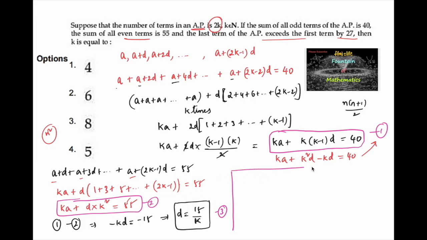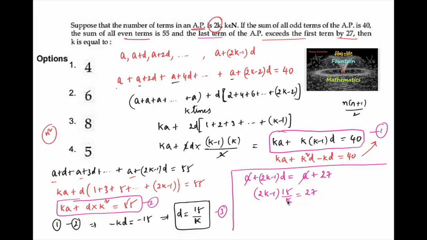Now also given, the last term of the AP exceeds the first term by 27. The last term of the AP, that is a 2k, that is a plus (2k minus 1) d, is equal to, exceeds the first term, that is a plus 27. So here a and a get cancelled and 2k minus 1 into d, whose value is 15 upon k, is equal to